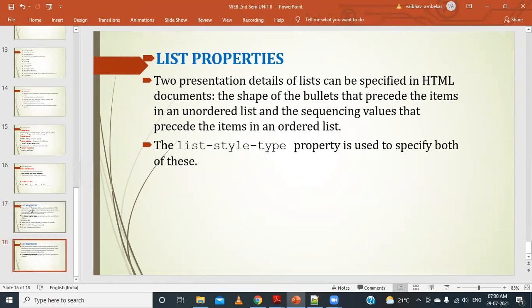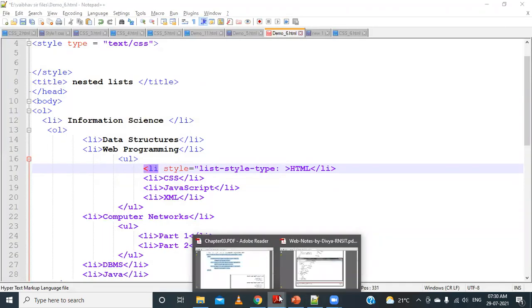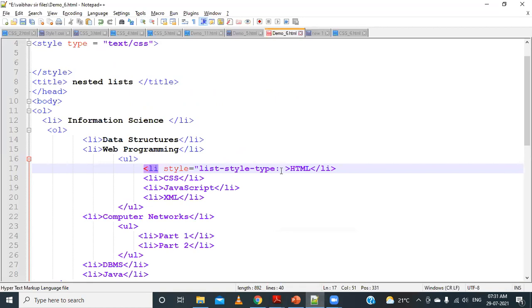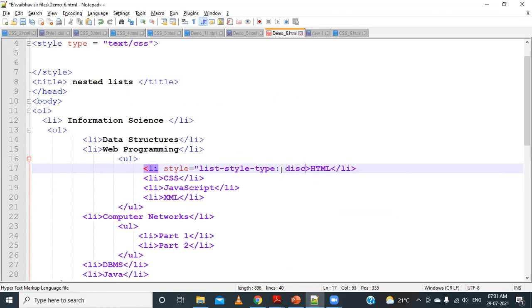So those properties we can use. We can use disk, or square, or circle. Any one we can use for the list item. So I will use it here as disk, and I will close this.